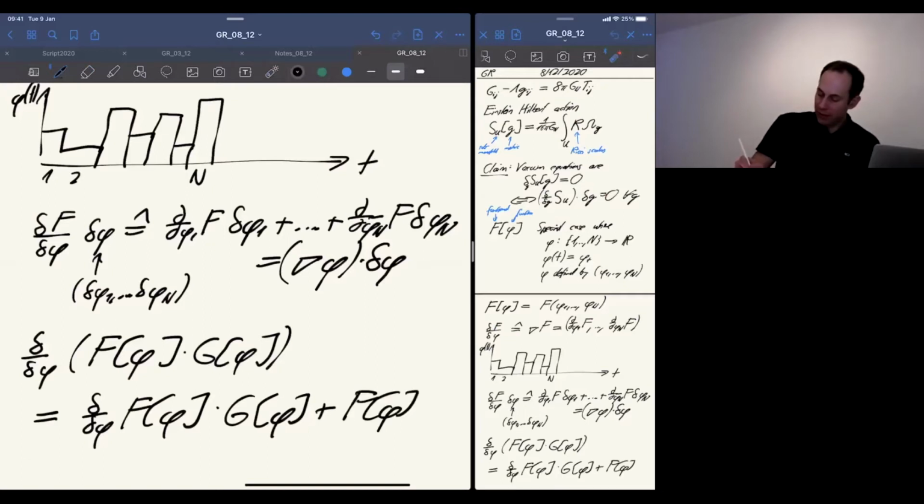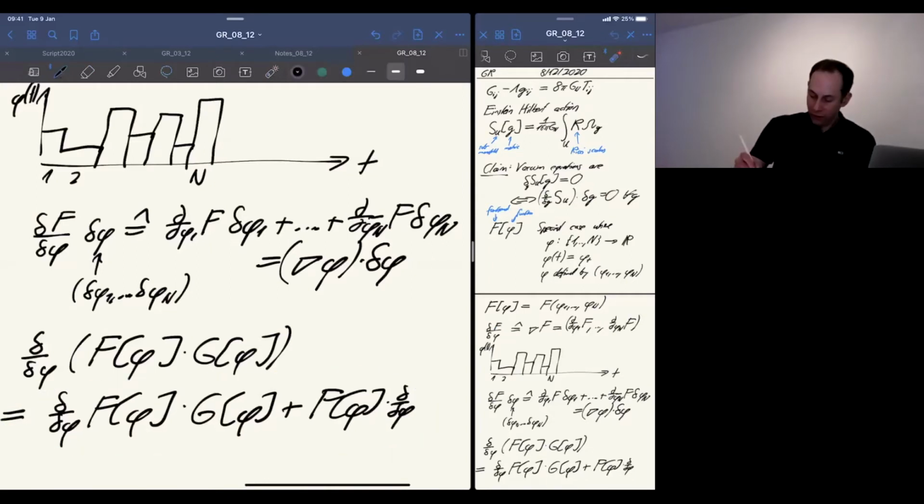And similarly, for example, the chain rule, which also works. So if I have a nested functional, I can also apply just the rule that I need to take the exterior derivative times the interior derivative, and so on. So from now on, I will just use this new type of derivative of functionals exactly the same way as I would use normal derivatives.